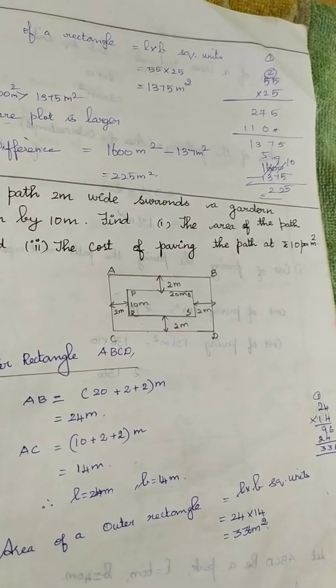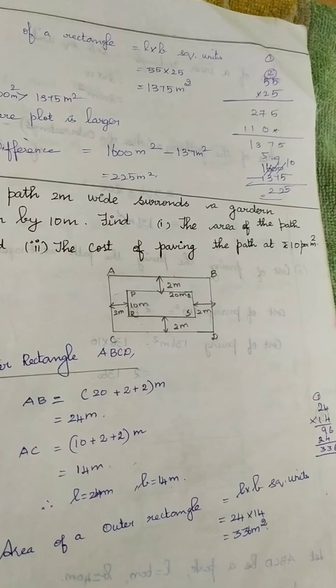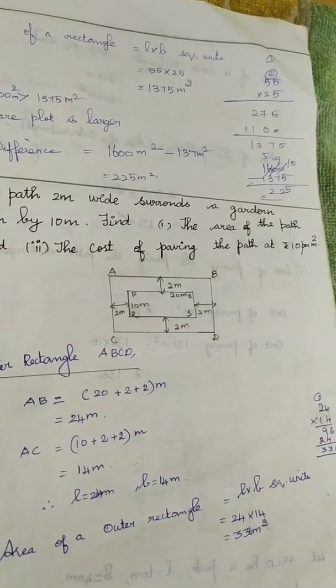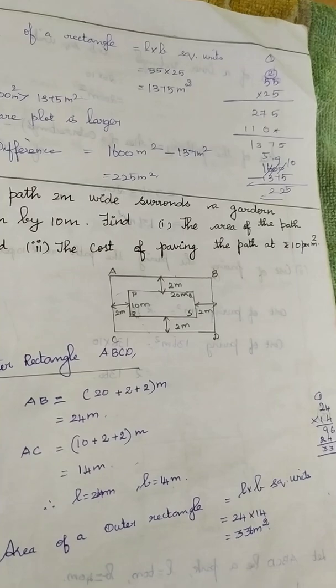So up to this problem number 9 we were learning about area of a rectangle or area of a square, its perimeter, how to find. Then from problem number 10 we are going to learn about path. See, when you walk in a garden or in a stadium, you can find there will be a pathway. If you see the parks also,